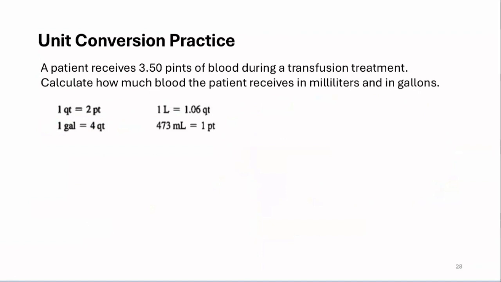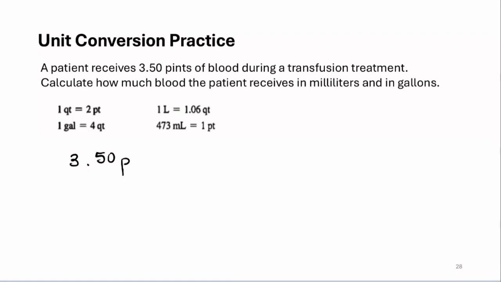In this unit conversion practice problem, the problem reads the following way. A patient receives 3.50 pints of blood during a transfusion treatment. We need to calculate how much blood the patient received in milliliters and in gallons. So let's write down what the question wants us to convert. We are going to be converting